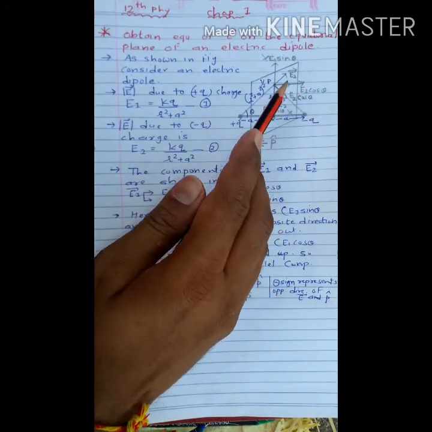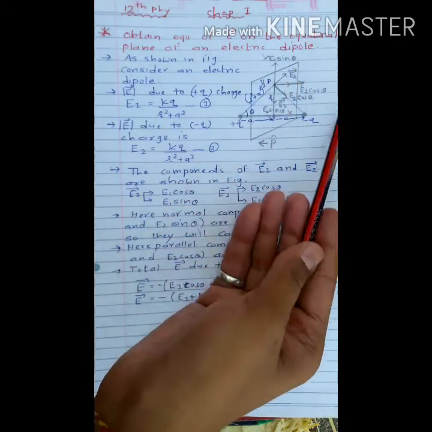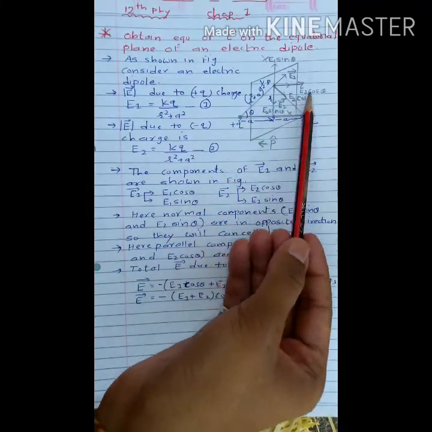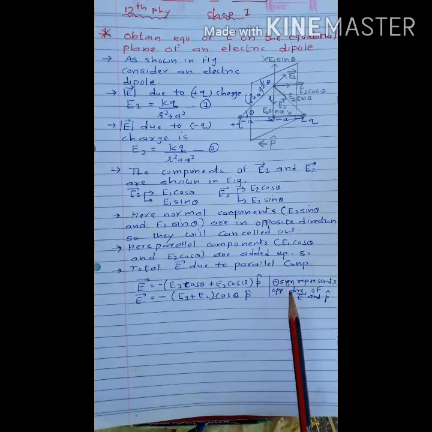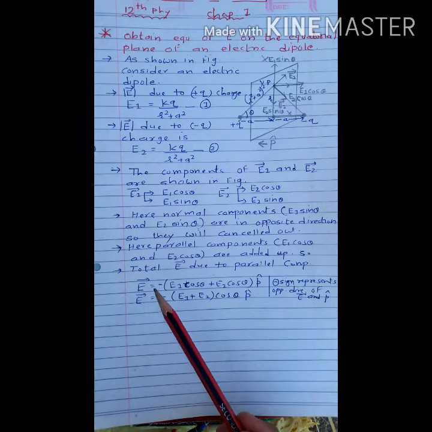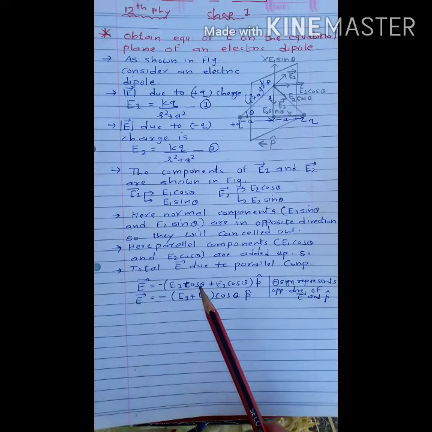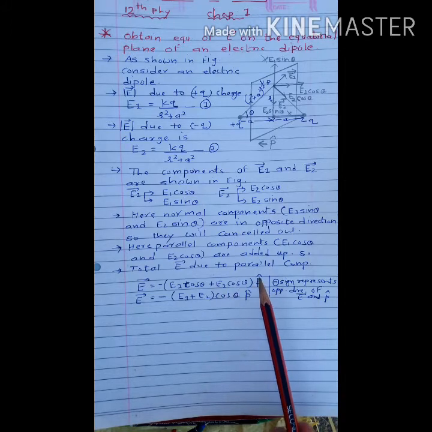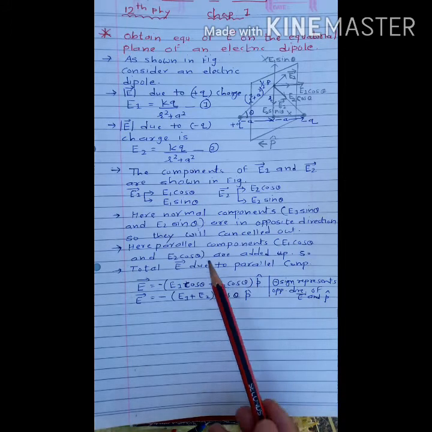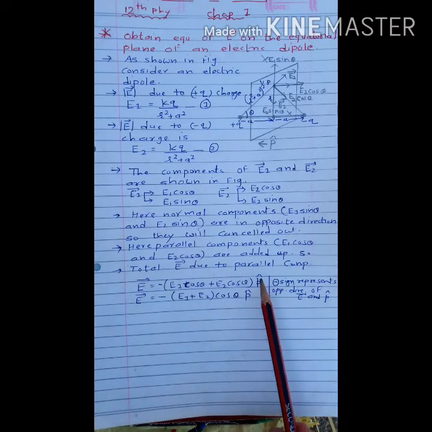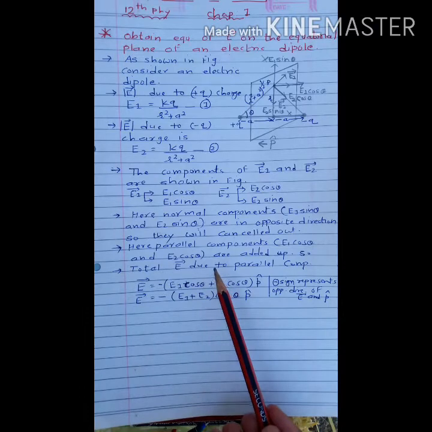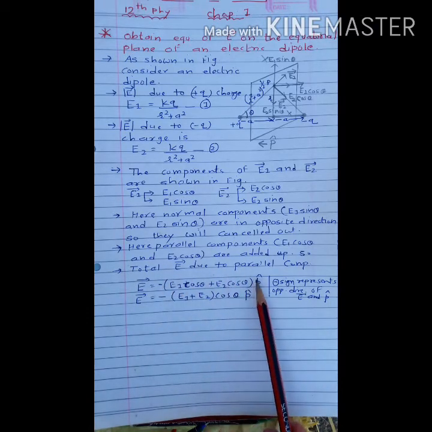And E1 cos theta, E2 cos theta both are prevailing in opposite direction. So to represent opposite direction we use a minus sign. This is the reason why we use the minus sign. The minus sign represents the opposite direction of vector E and P cap. So total electric field E is equal to minus bracket E1 cos theta plus E2 cos theta over P cap. See this step very carefully. Minus P cap is used to represent the direction of the electric field, and it is in the opposite direction. That's why we use minus P cap.